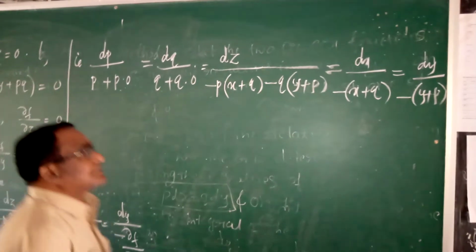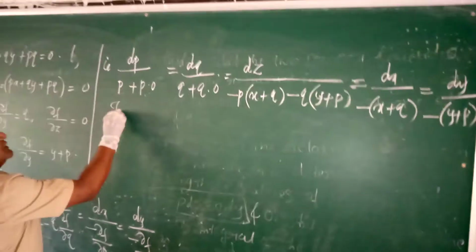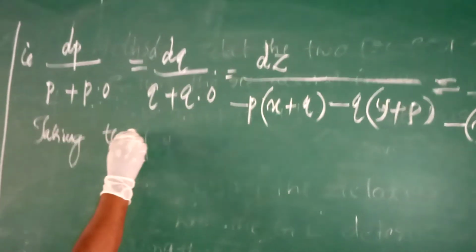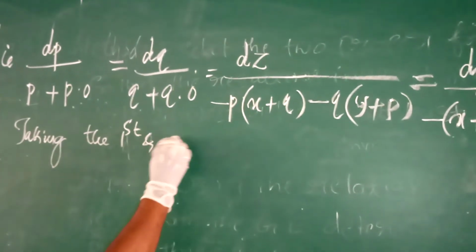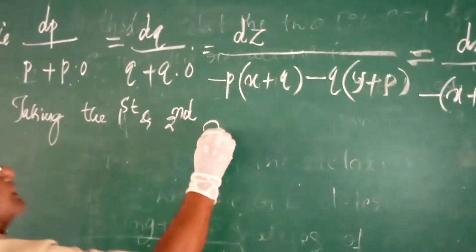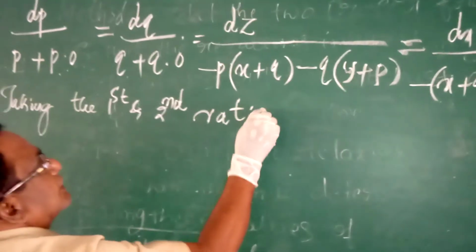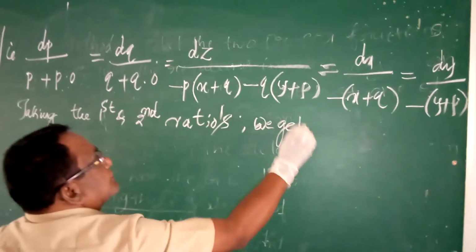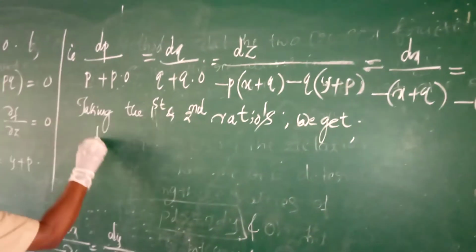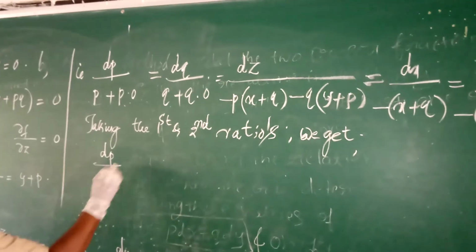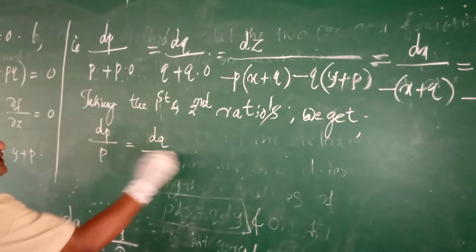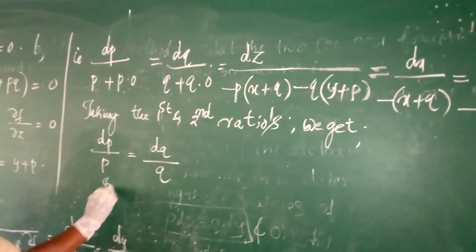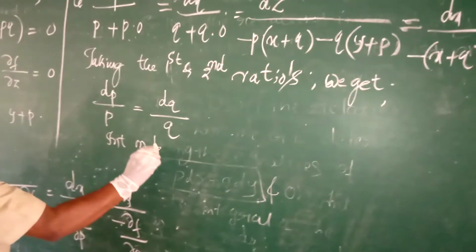Taking the first and second ratios, we get dp/p = dq/q. Integrating on both sides,